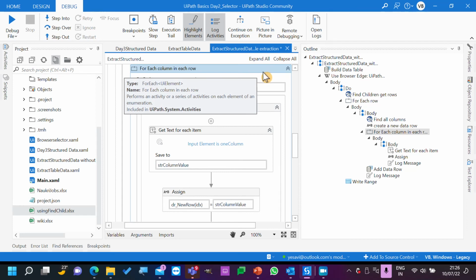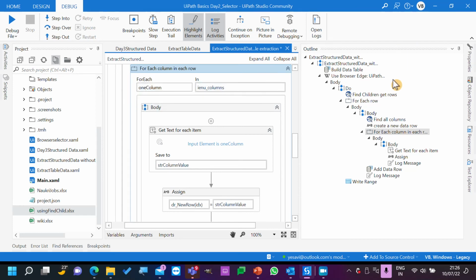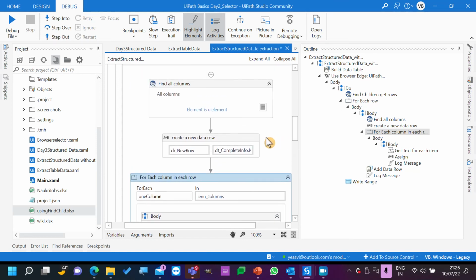Now, every row it's coming, it's starting from 0th index, 0, 1, 2, 3. And the table also will follow the same index. Row of 0, row of 1, row of 2, row of 3. Only 4 values we have, so 0 to 4. So row of 0 will come here, and when it's looping the second time, it's row of 1, next row of 2, row of 3. In the same way, we are creating. And the table structure we copied or we created from here. Like we are creating a new row from here, so the template will still remain the same. So this is how we do it using